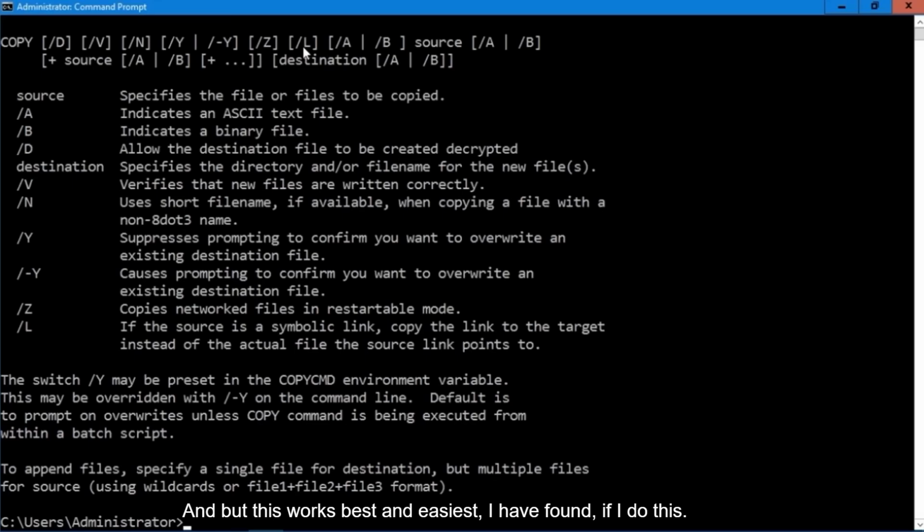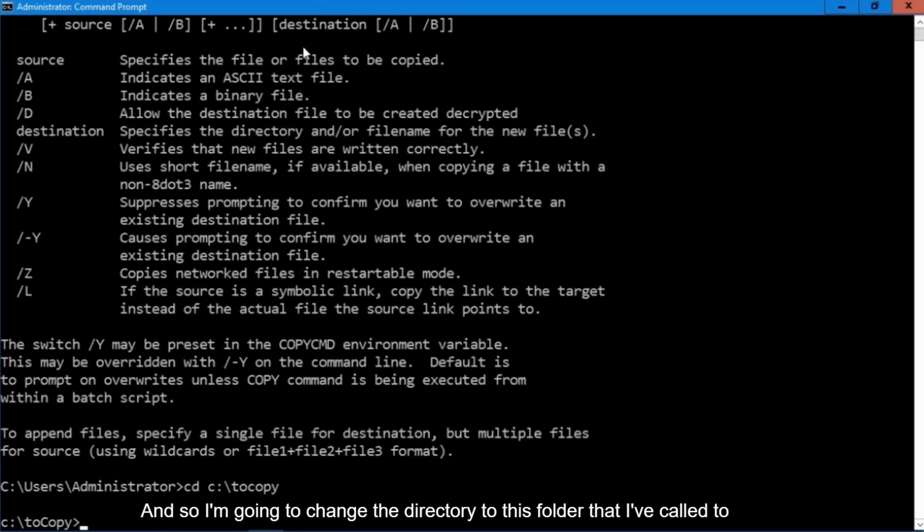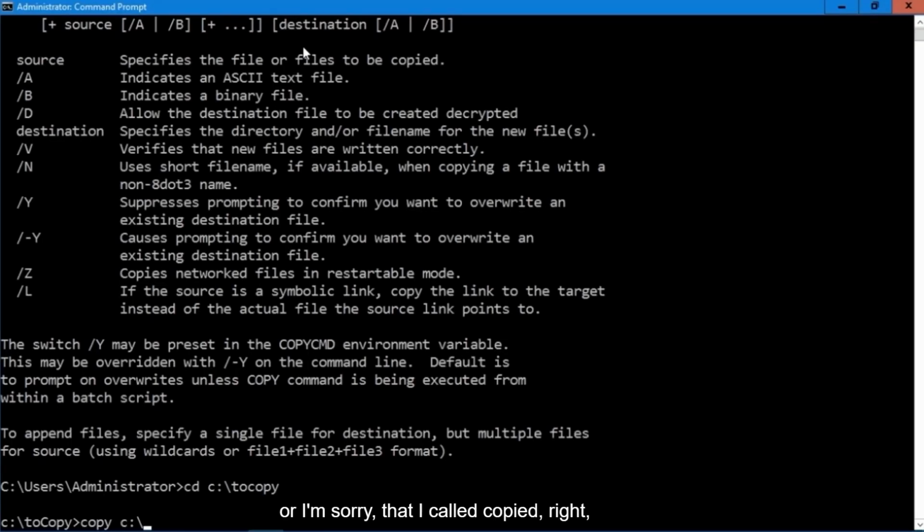But this works best and easiest, I have found, if I do this. I'm going to change the directory to a folder that contains the files I want to copy. That's what you want to do. And so I'm going to change the directory to this folder that I've called to copy. And there's a bunch of files in there for example purposes. Now, if I want to copy from this folder to a folder that I call copied,